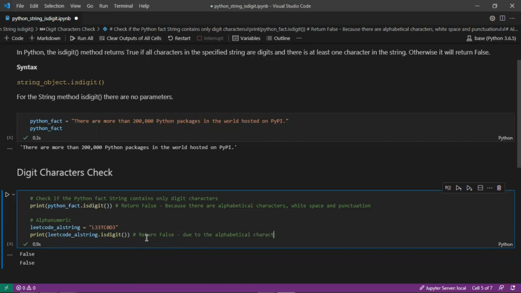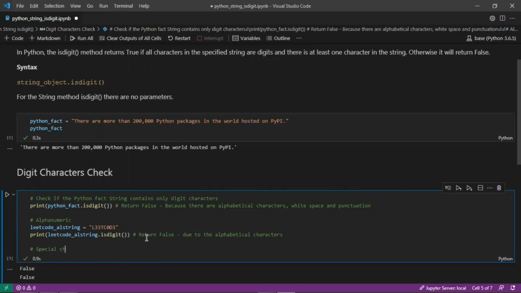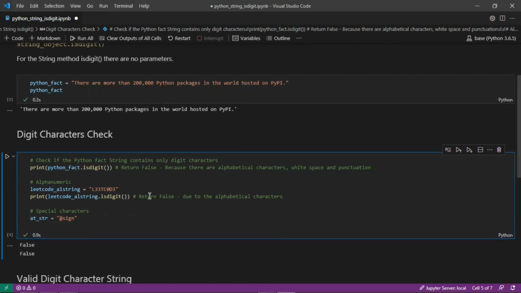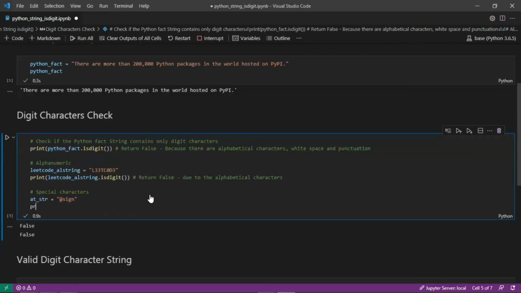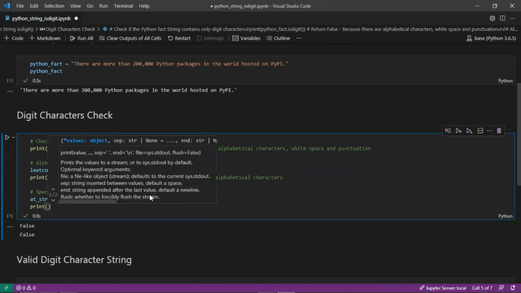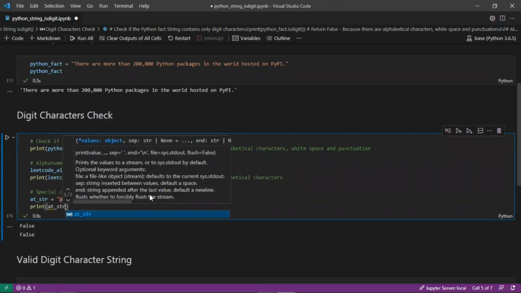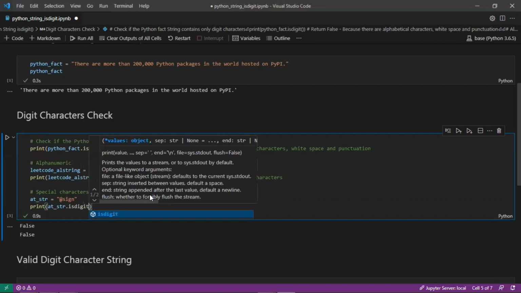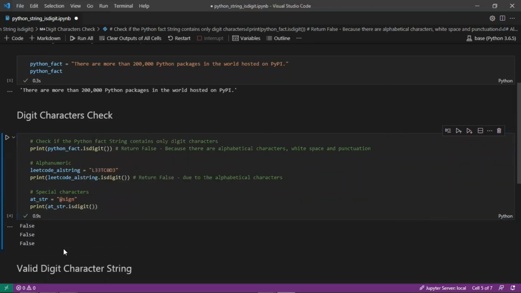And so the check can be further extended to special characters as well. So we'll create a string here, at underscore string variable, with the string at sign, and check, does it contain digits? Just looking at the string here, it should return false, but we can confirm that using the method here, at string dot isdigit. And we can see here based on the output that it is false. So it returns false